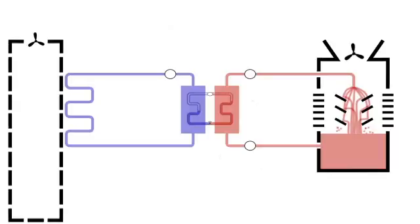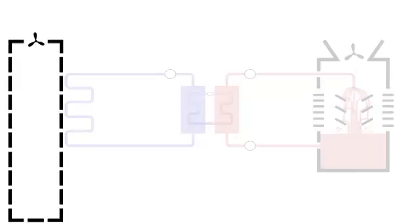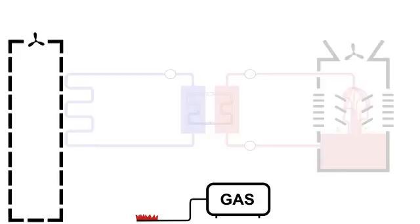Now from the building section, we return back to the diagram. This is a good time to introduce mechanical heating, which is far more intuitive. For combustion, we require the usual suspects. I've drawn gas here, but it might be coal, or active solar, or oil. Either way, we need fuel,